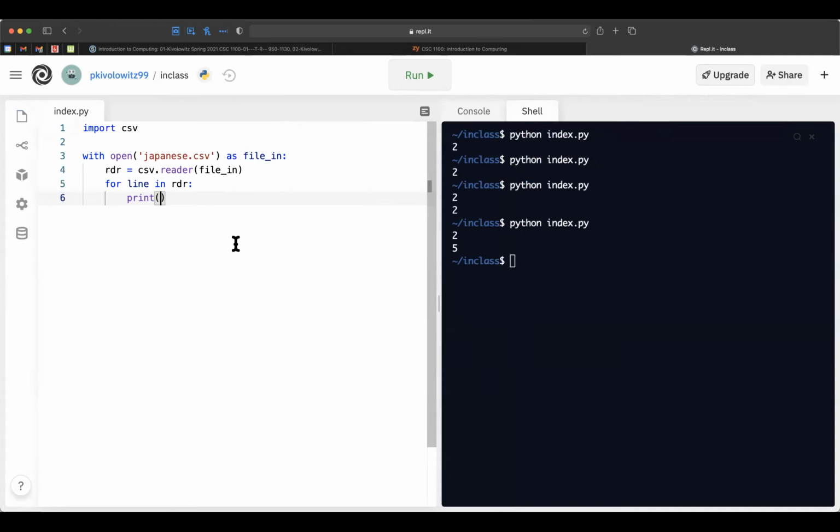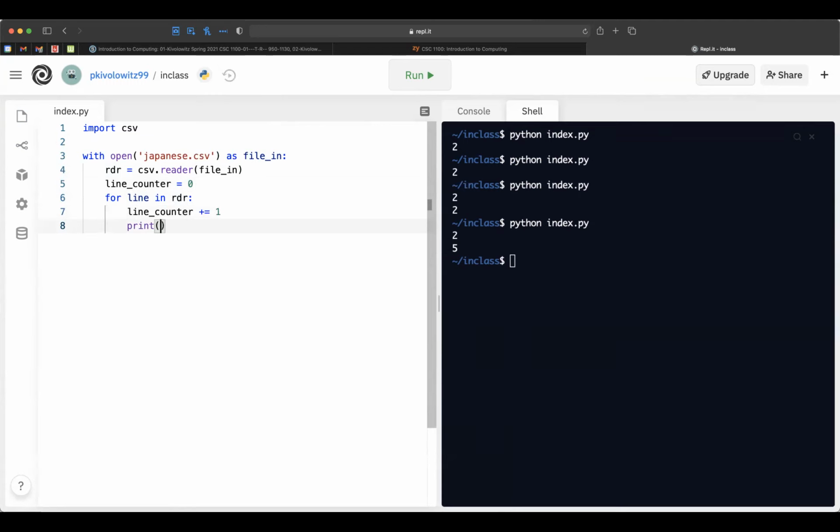Okay, so let's do something more exotic. We'll say line counter equals 0, and we'll do line counter plus equals 1.